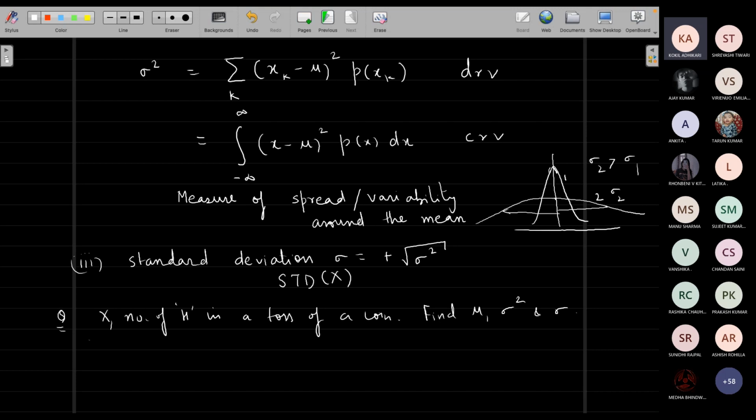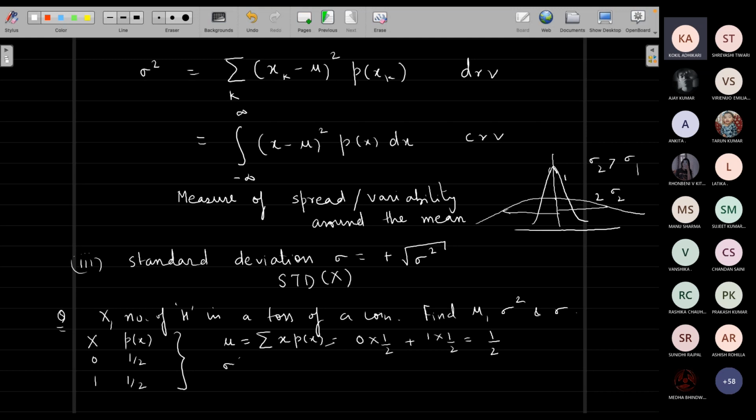So let's write down the values which the random variable can take. 0 and 1. Very good. What is the probability, the PMF? Half and half. Excellent. Now, what is the definition of mean? Summation x p(x). So what should this be? First value is 0 into half, plus 1 into half, which is half. So the average value is half.